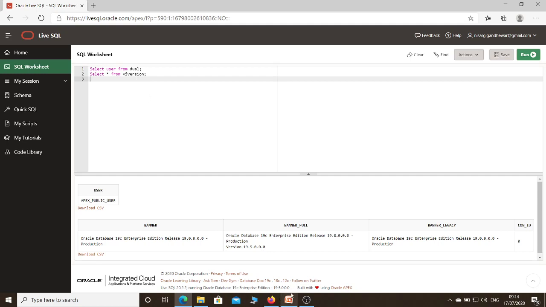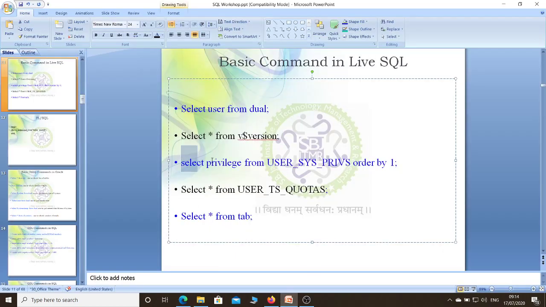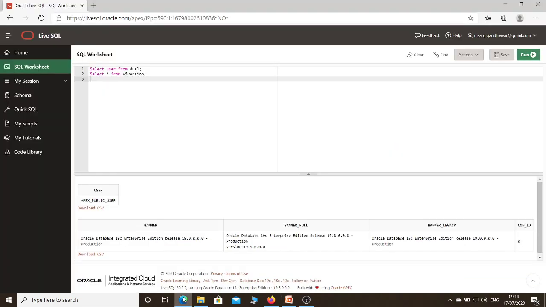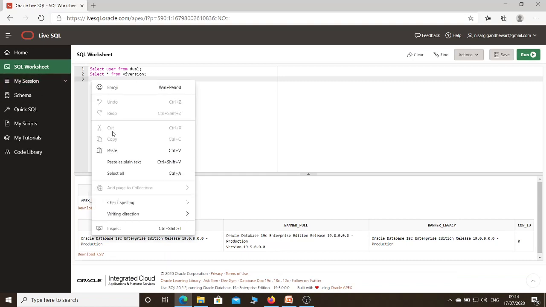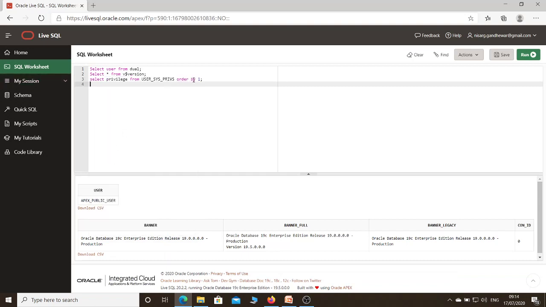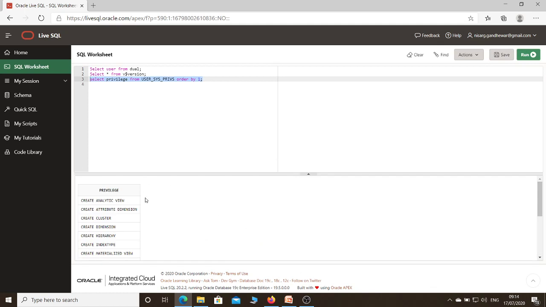Now I will execute the third command over here. The use of the third command is to get to know what are the privileges provided by this particular account. So I again copy paste this particular command, select that command, and I just click on run. As soon as I click on run, I will get the output. So these are the privileges provided by LiveSQL.